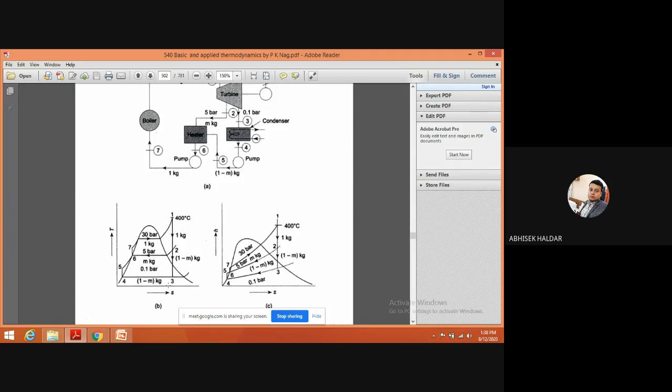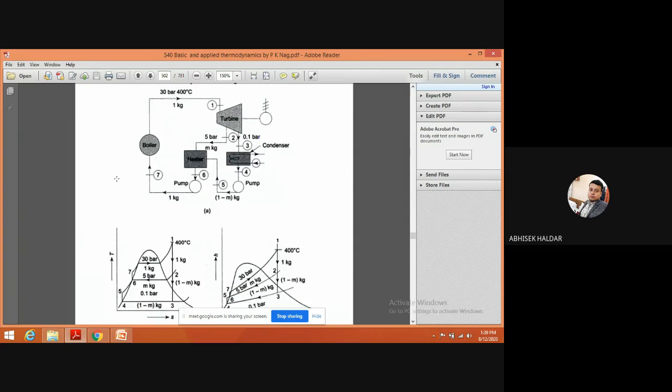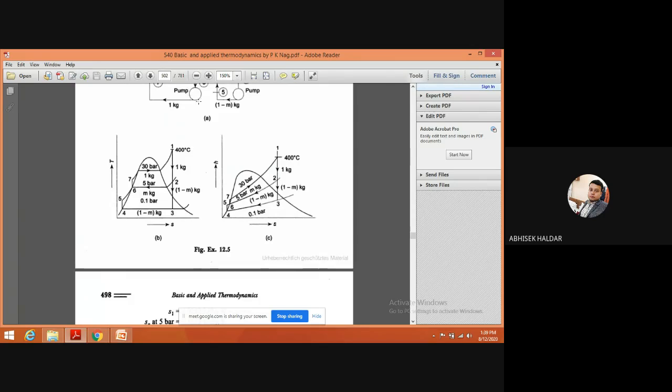So this concept should be clear. There is no part of memorizing over here, because if you understand this figure, how the steam flow is happening, where it is extracting, where it is again mixing, then you need not remember anything. And the first task for any problem is to draw this block diagram and draw the T-S and H-S plot. Then half of the problem will be done, and locate these points. Then you will be playing with the values, nothing else.